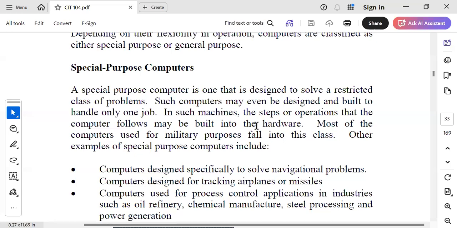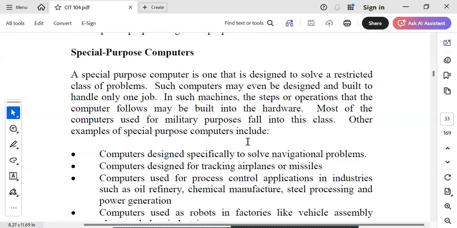Special purpose computers. A special purpose computer is one that is designed to solve a restricted class of problems. Such a computer may even be designed and built to handle only one job. In such a machine, the steps or operations that the computer follows may be built into the hardware. Most of the computers used for military purposes fall into this class. Other examples of special purpose computers include: